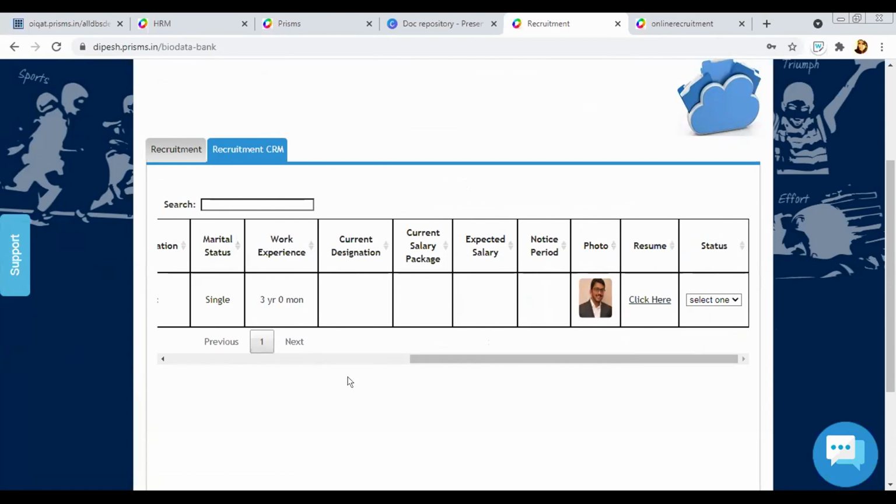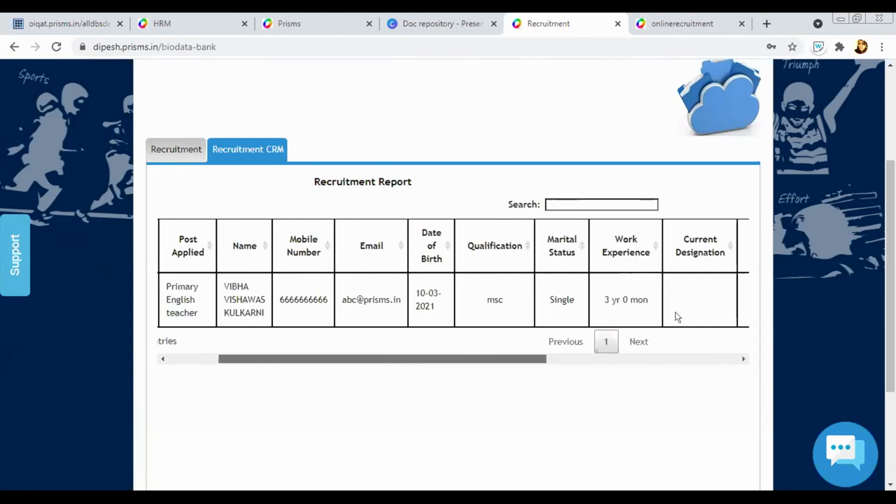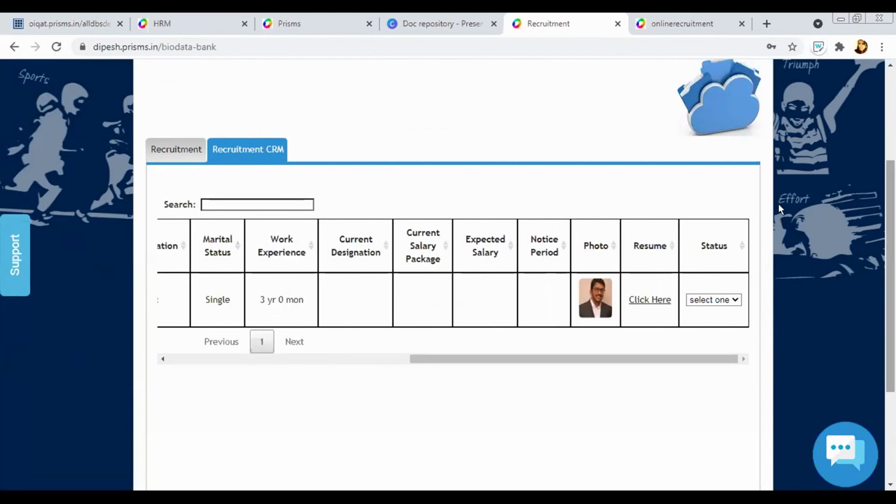In school, whoever wants to apply can use this link, so it creates your own database. Whenever you want for that particular post, today or one year or two years later, you can have this. It's better to have it here because staff keeps on changing, and with one email, we don't know who has applied earlier, and we don't have a database later on.